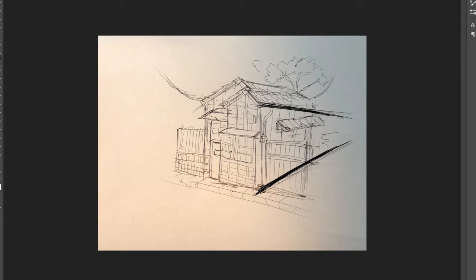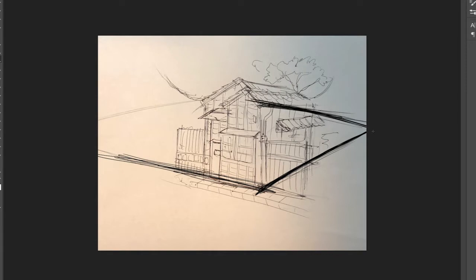Next, let's figure out what the angles are going to be on this side. So I do want to keep this angle right here. I think the angle of that line looks pretty good. And up here, we kind of have our angles off a little bit because we didn't draw this with perfect perspective. So first we need to find out where our horizon line is, so that we can figure out where this vanishing point is going to connect on our horizon line. So let's figure out where the horizon line is based off of this side. So if we just continue these lines on,